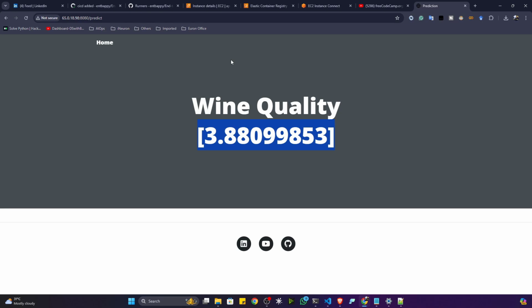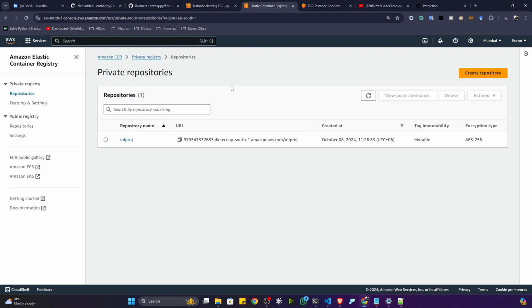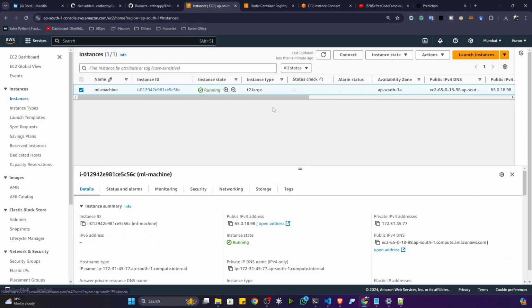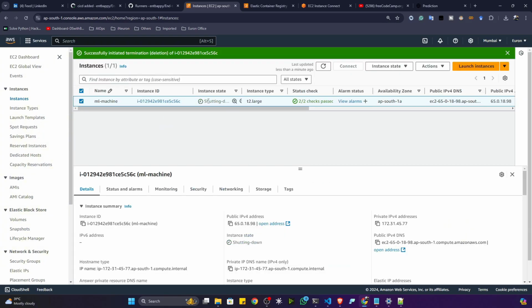Now let me show you how we can destroy all these instances you have created. Let me show you the termination. Otherwise, it will charge you, okay, if you keep on running this. So for this, first of all, I will stop the instance. Select the instance, click on the instance state, and click on terminate. Okay, terminate means it will delete after some time. So it is shutting down. After some time, it would be deleted. Now, similarly, I also need to